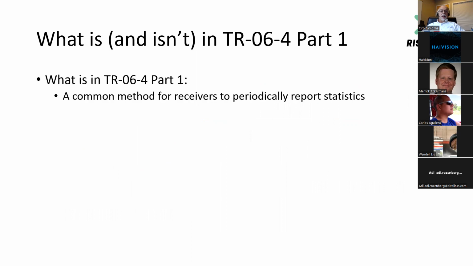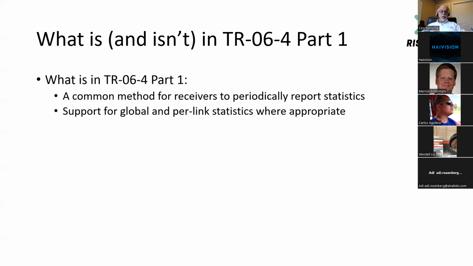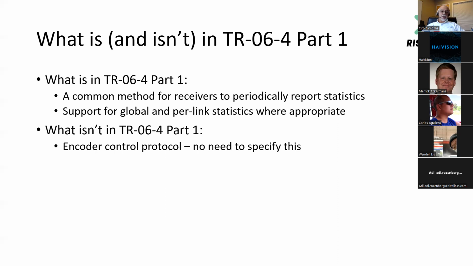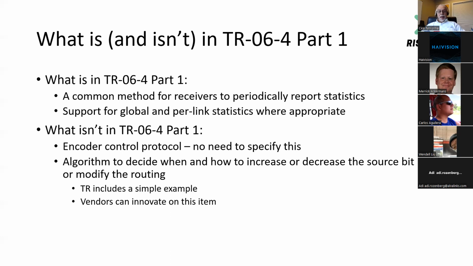What is in there? A method for receivers to periodically report statistics and support for global and per-link statistics. So if you have multiple links, you want individual link statistics so you can make informed decisions about that. What's not in the TR-06-4 Part 1 is the encoder control protocol. As I said, there's no need to specify it. We decided to not specify this, and the actual algorithm to decide when and how to increase or decrease the source bit rate or modify the route. We provided an example, but we didn't specify the protocol, just the same as MPEG specifies the decoder,